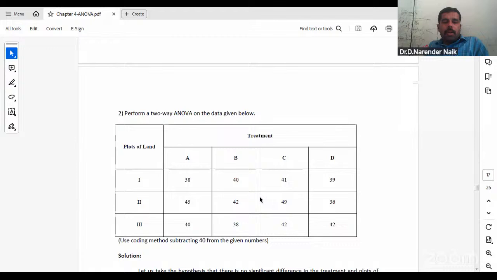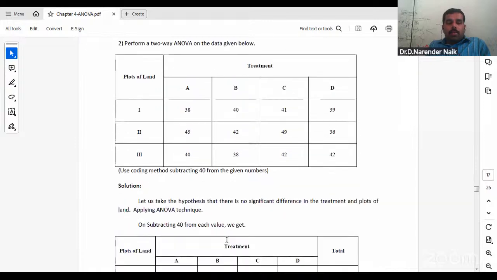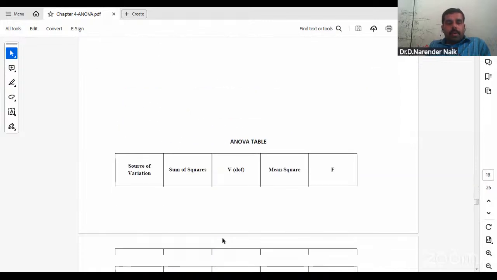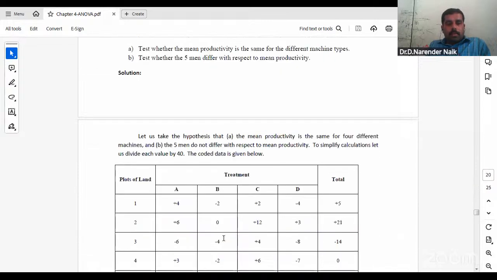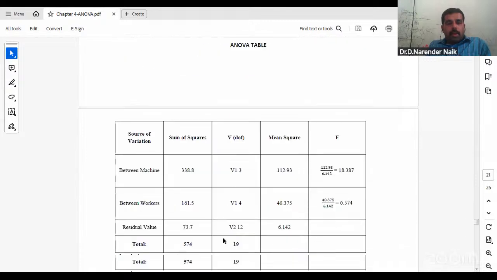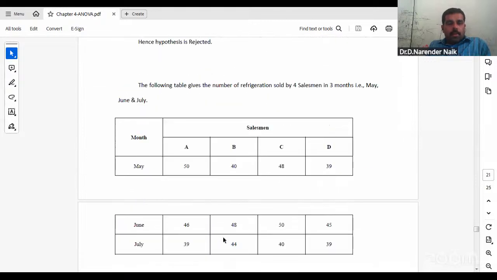Please, if anybody is interested, sometimes what happens, the examiner directly gives a coding method substituting 40. Then only you have to consider this 40 only. Don't go for doing the grand total. Okay. Right. So this is one more problem. See, already the calculations are done. But if you want to take a screen